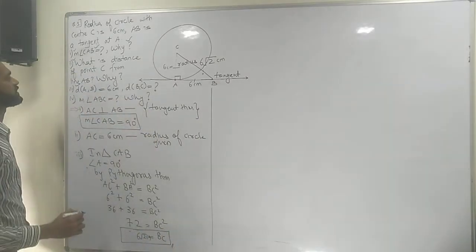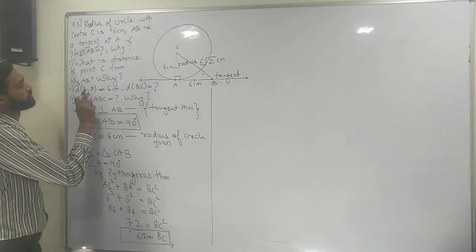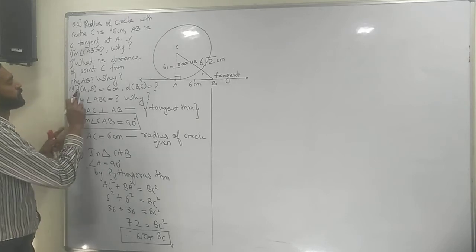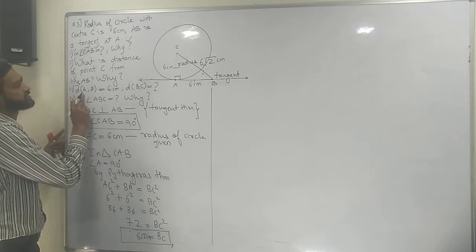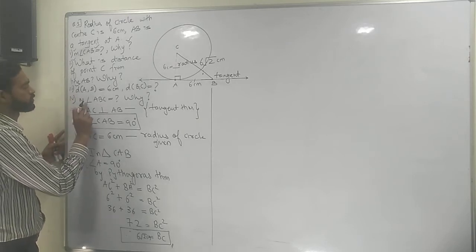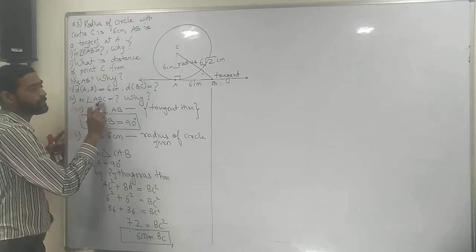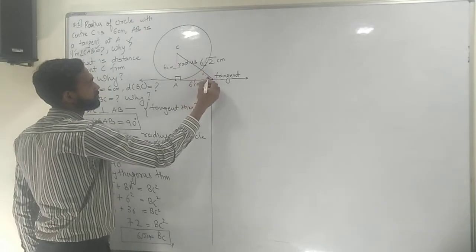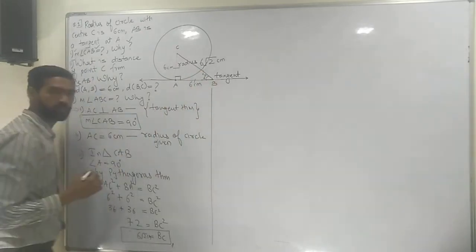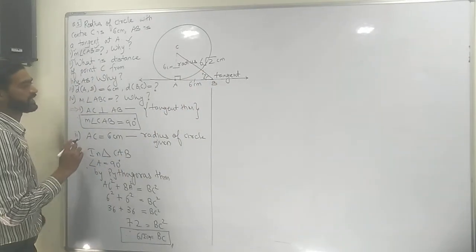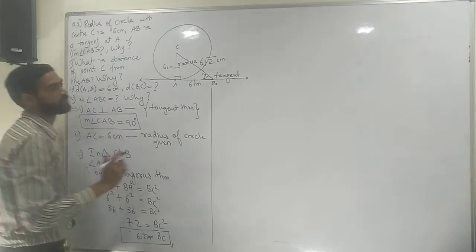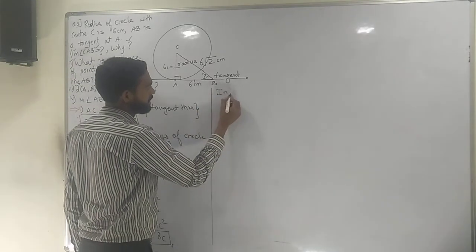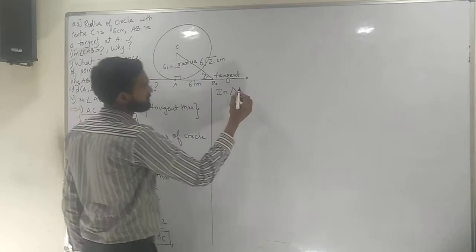Now, let's see the fourth question. What is the fourth question? Yes, measure angle ABC. Look, ABC means I need to find this angle. Right? Measure angle ABC and why. So again I'll go back to triangle. In triangle ABC,